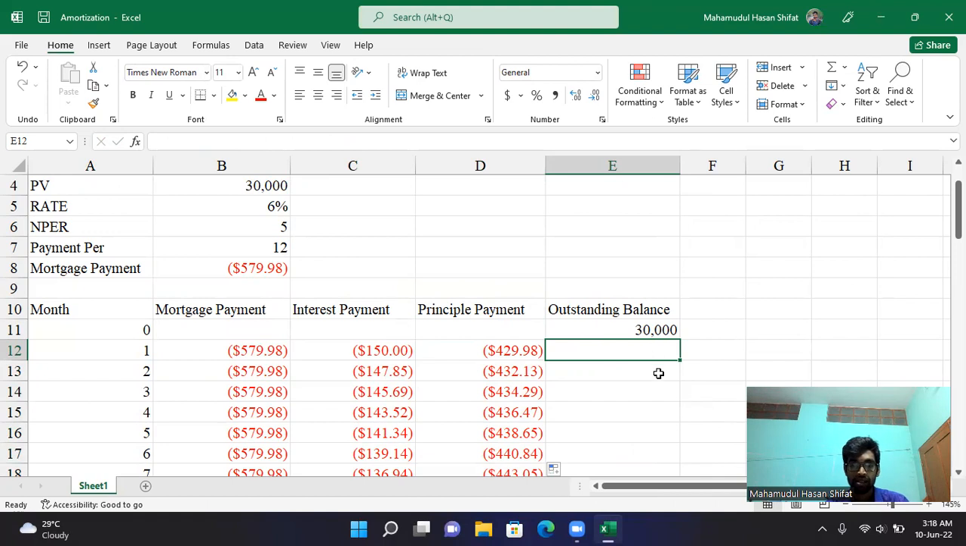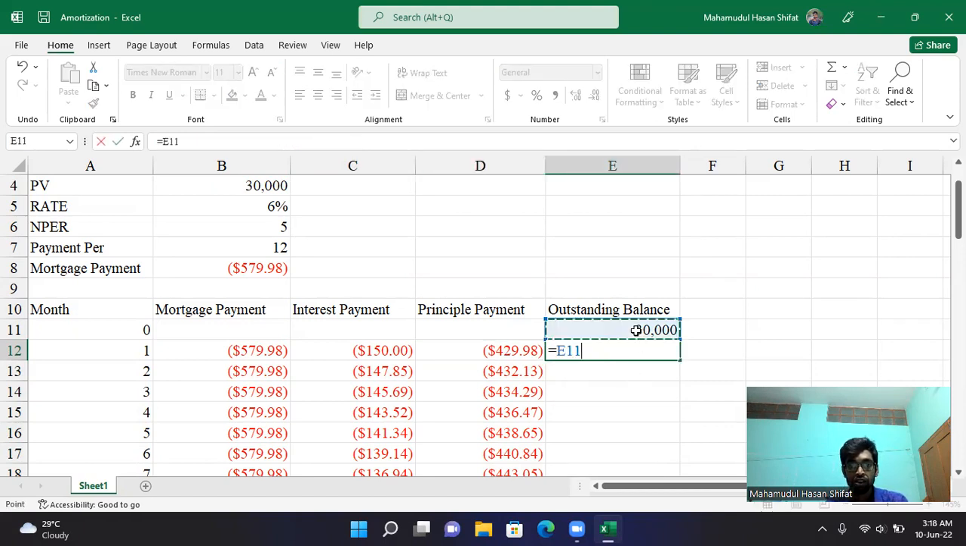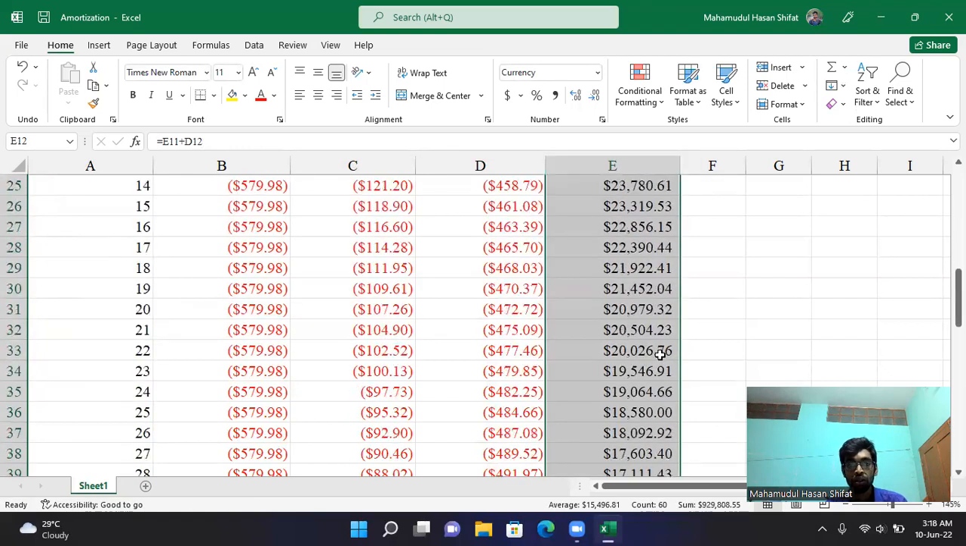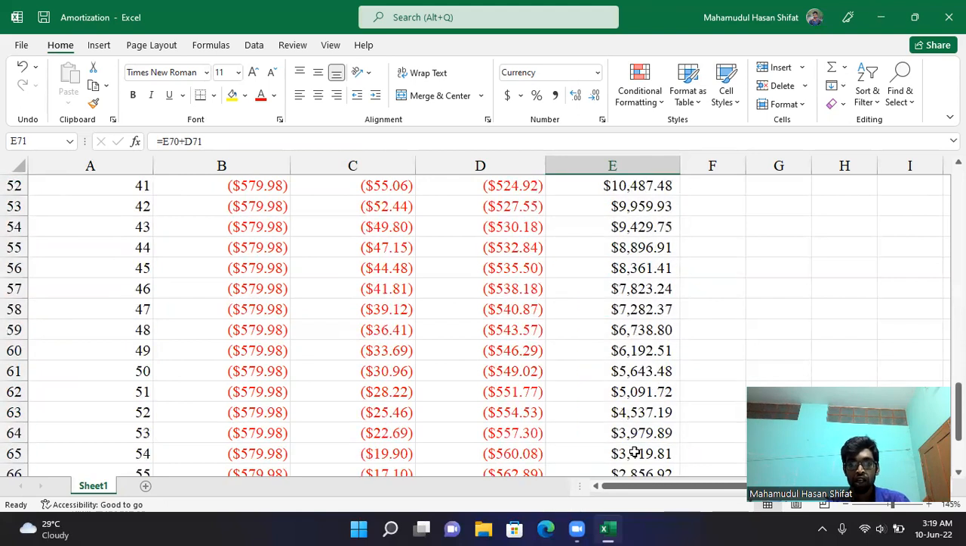So what is my outstanding balance? We will get the outstanding balance by deducting the principal payment from the previous outstanding balance. The principal payment is naturally in negative. So I have to put equal sign outstanding balance, and for deducting the principal of my first payment, I have to put plus because this value is now negative. So pressing this and pressing enter, the answer will show. Again, pressing the small plus button to double click, the answer will show at the 60th month, my answer will be 0.00, that it will be paid off. So that's all about this